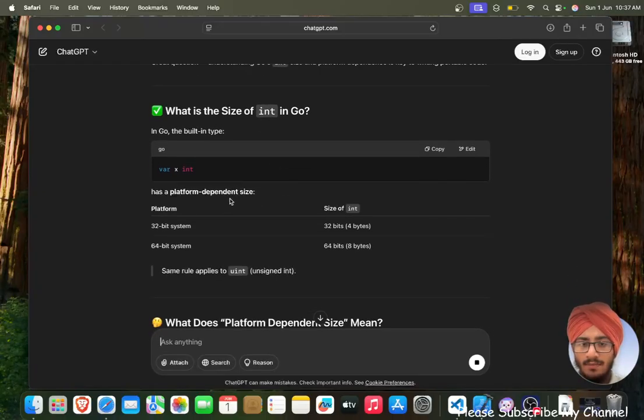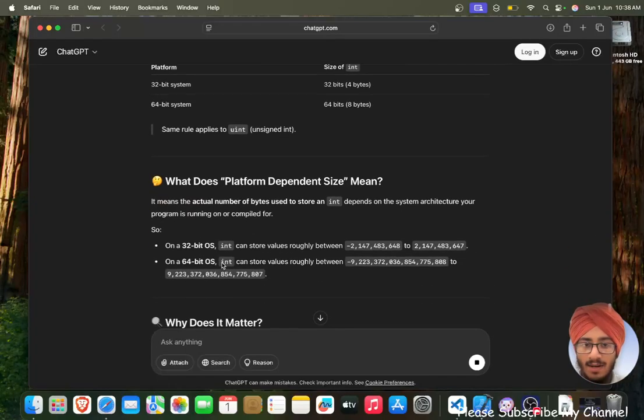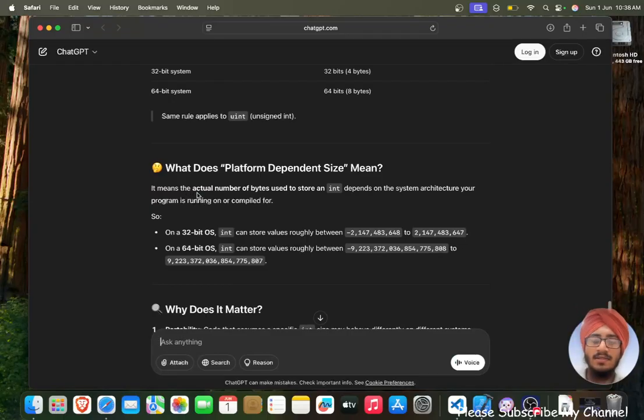On a 32-bit system versus a 64-bit system, the size of int is platform dependent, which means the actual number of bytes used to store an int depends upon the system